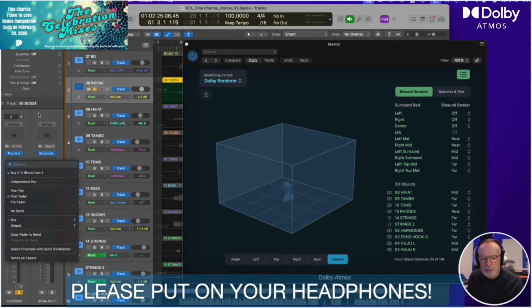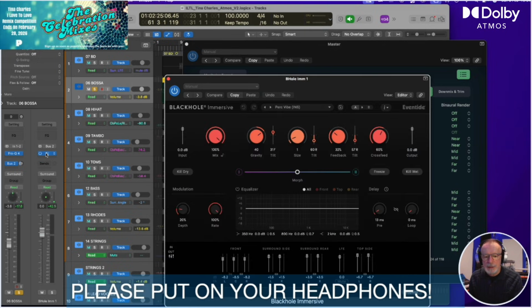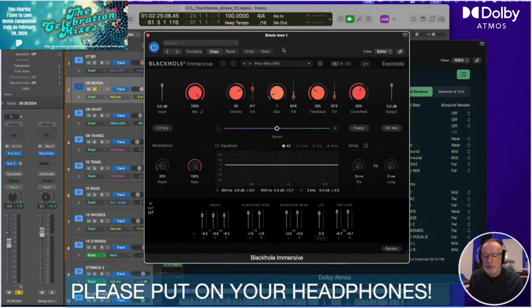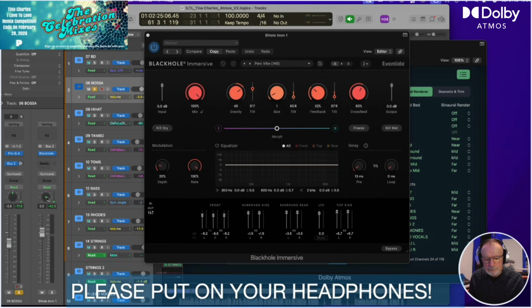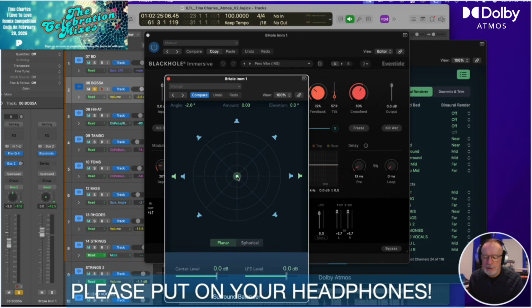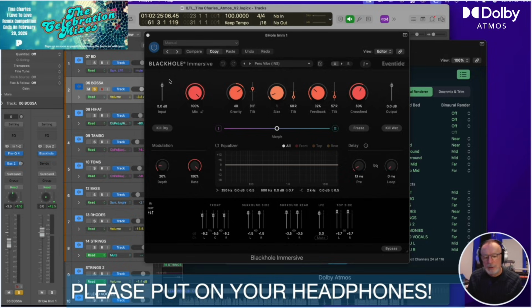Various plugins can be set to immersive. Now this plugin here is called Black Hole Immersive, and basically it's a reverb which is pinpointed right in the middle, but you can adjust its push forward, backward, height and everything within the actual plugin itself. So what I've done, and you can use this to glue things into the mix, is to bring something that's just in one speaker but let it appear like it's a bit more in the room. It's just like using a normal reverb, and you can use normal reverbs, and I will show you how to do that shortly. So if I just take this off, now this is just the center speaker,